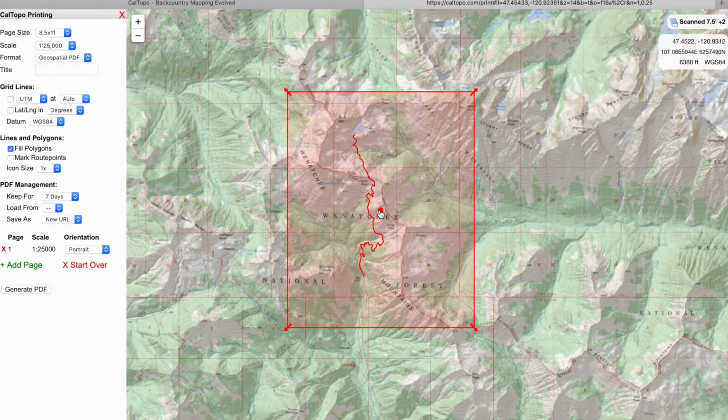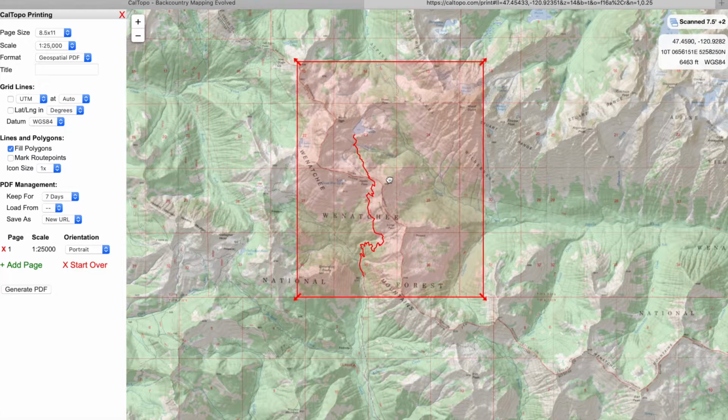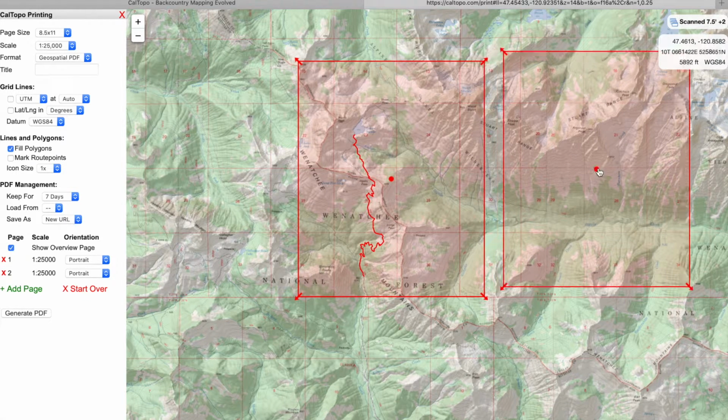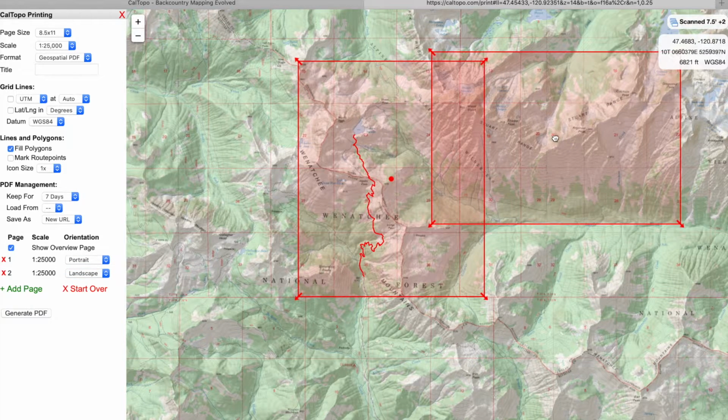because that corresponds with my compass. And I'm going to reposition this so that I have Lake Ingalls in here, the trail's in here, trailhead. I have a little bit of information on this side that I can look at, and a little bit of the Stewart Range on this map as well. I could come over here and add another map. Added this map. And if I change that to landscape, it's going to rotate that,